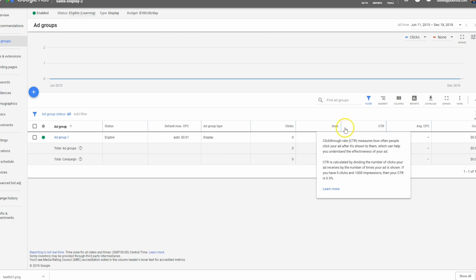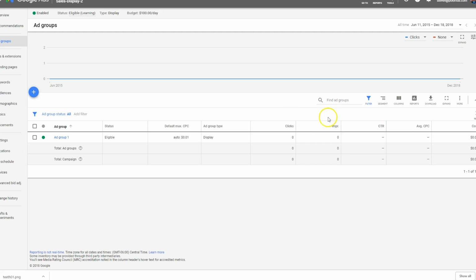So clicks, impressions, click-through rate would be what percentage of the impressions of people who technically, quote unquote, saw it ended up clicking. Okay, that's your click-through rate. And then average cost per click is basically the total cost that you've spent to get that number of clicks. That equals your average cost per click. Okay, so that's what you want to monitor. We don't really have much to compare it to right now, and of course at the moment we don't have any data whatsoever to look at, but you would want to monitor those, compare them to past campaigns if you do have past